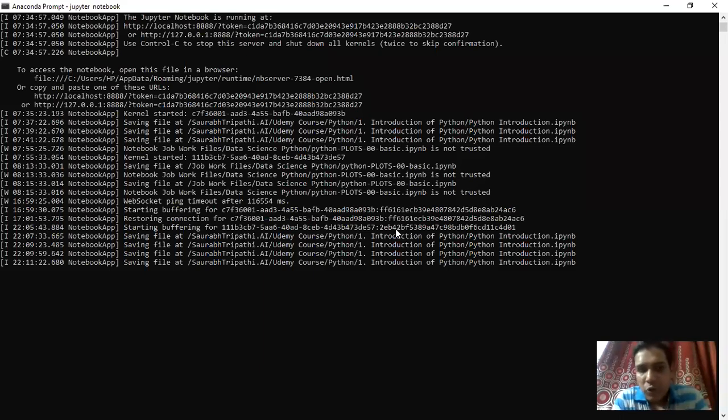After clicking Jupyter Notebook, you will see something like this, and that means your notebook is already launched. Obviously, make sure that you have done the installation before this. After launching it, you can simply go and run the code. In case you have not installed it, please open the Navigator and install it. To install it from this prompt, you have to write a command. Let me show you the command first.